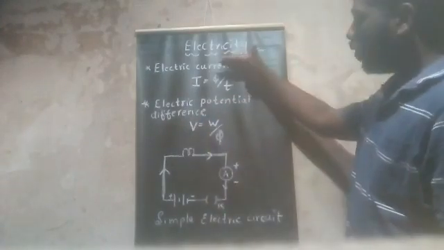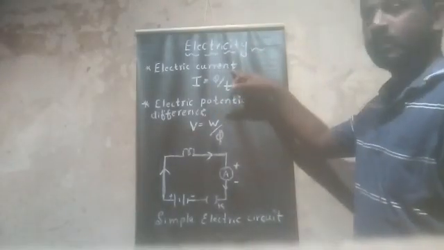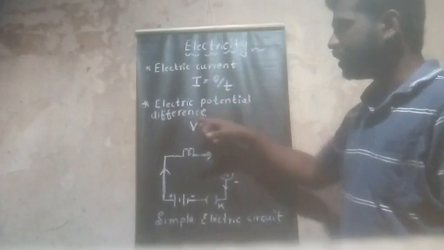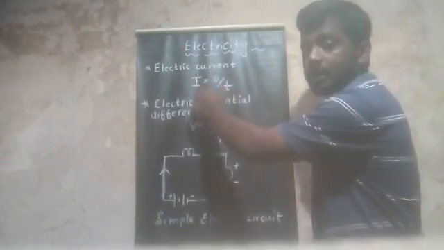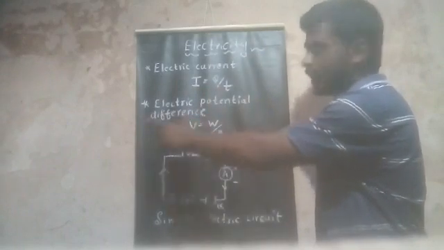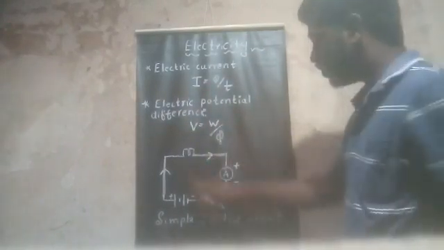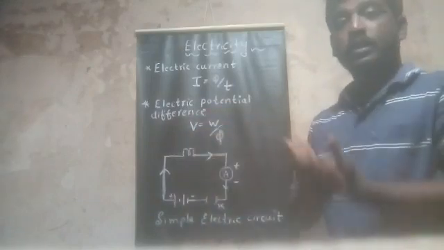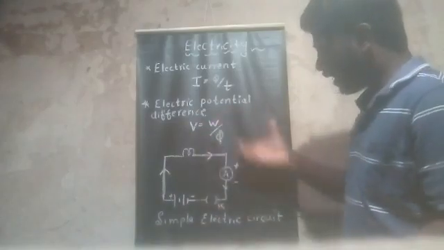Now I have explained around two topics. First is electric current, second is electric potential difference. The electric current formula is I is equal to Q by T. The electric potential difference formula is V is equal to W by Q. And from this diagram I have explained the simple electric circuit, and there needs to be a continuous path for the flow of